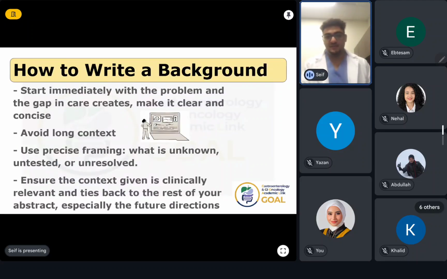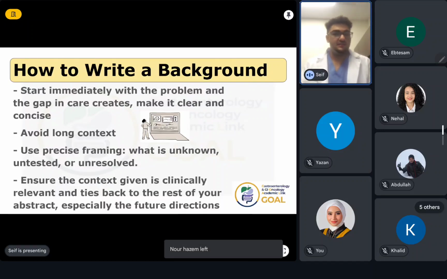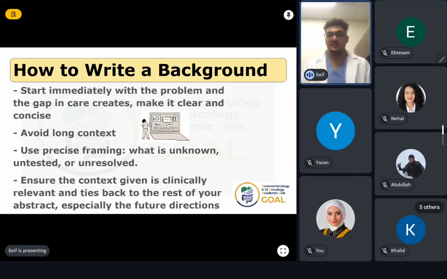So now we have a title picked out depending on our study. We're focusing on writing our background. The background has to be super concise as we don't have that much space for our abstract, and space on abstracts also depends on where you're submitting your abstract, which I'll get into more later. You want to make it short, avoid long sentences about things that are unrelated, and you want to identify a